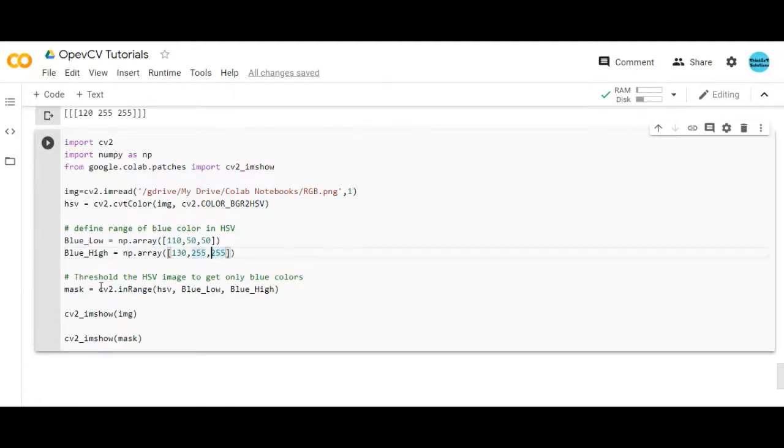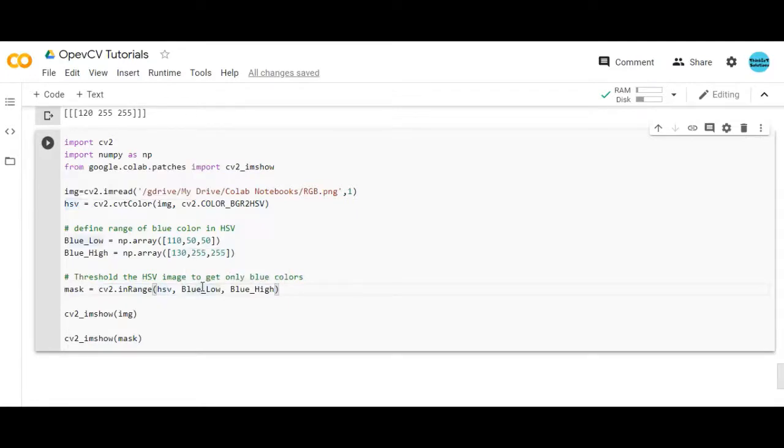I am using a function called cv2.inRange. I am checking whether my pixel values are in this range or not, and I want to output only those pixel values which are in that range. I have passed hsv as my input, because this is the hue, saturation and value of that color image.